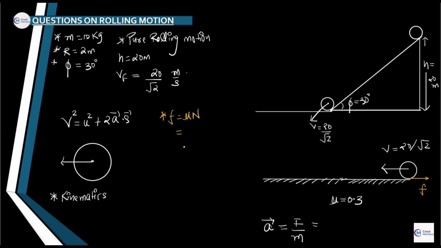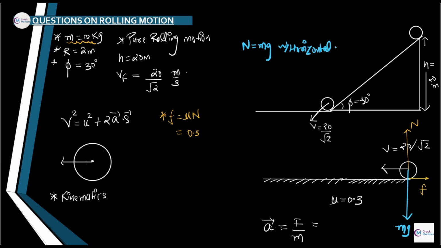And what is the mu that is mentioned to us? It is 0.3. What is the mass mentioned right above here? 10 kg. Then, as we know, there is a normal reaction component like this, and we have another thing, that is mg. They must be present in equilibrium. So I can state that, in accordance with it, the normal force must be equal to mg for the horizontal surface.